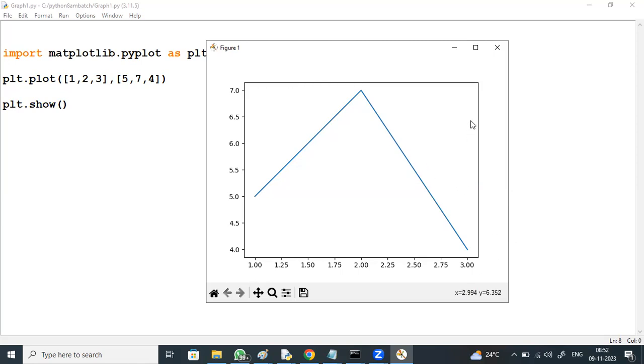So in this way, you got a solid graph in blue color.